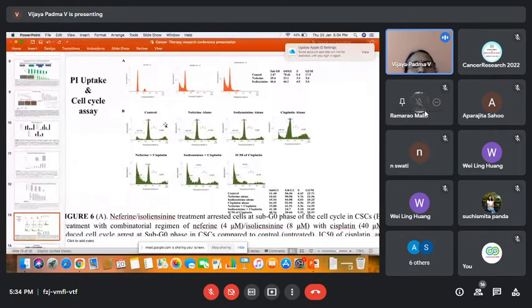Here, this picture shows the cell cycle analysis. Figure A shows individual treatment groups, that means the colorectal resistant cells treated with neferine or isoliensinine alone. You can clearly see a significant sub-G1 peak is observed, which is indicative of the